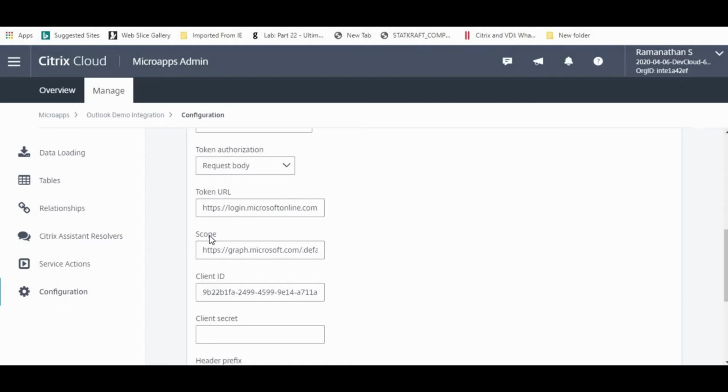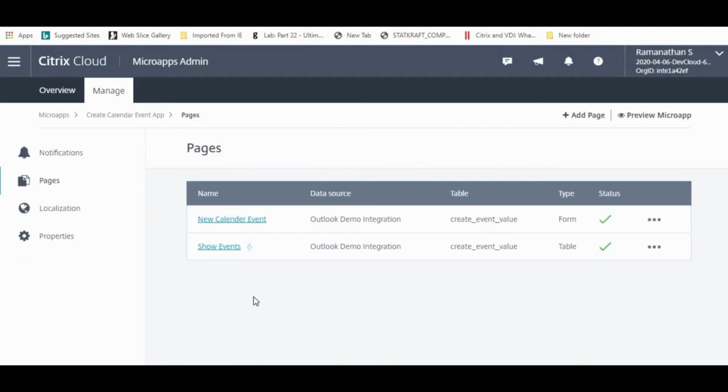The other side is what we have created as a micro app, to pull the user calendar events and also update the events. There are two pages that we have created as an app. I'm just going to take you through those pages. We created two pages, one for taking the events from the calendar. That is one thing that we have done successfully, that we are able to take out the user calendar data.